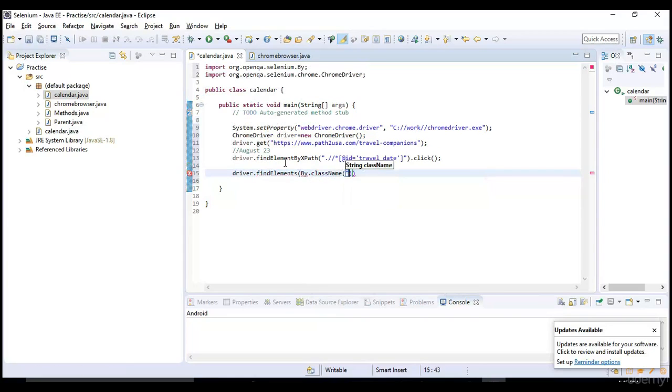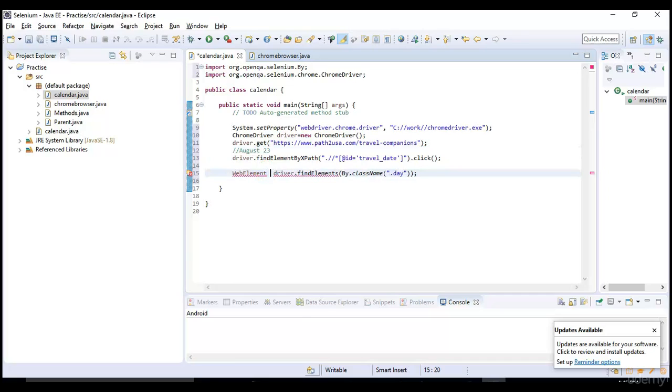What I'm saying here is: go and find all the elements which have the class name day, and throw all of them into one list, so that I can iterate through each and every item in the list and compare whether that item equals 23rd. If it is, go and click on it. This is what we are trying to achieve here.